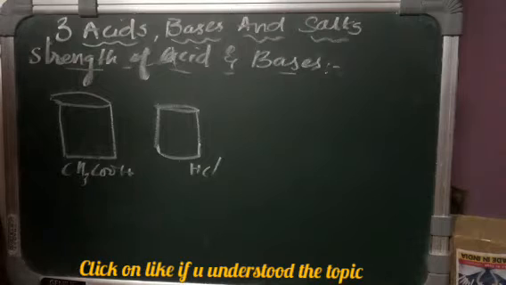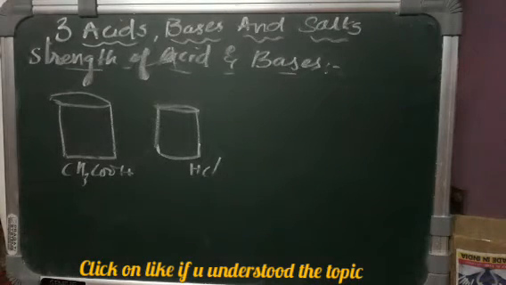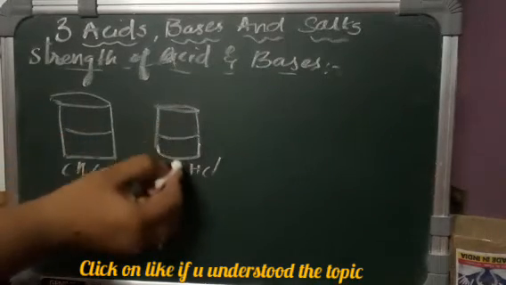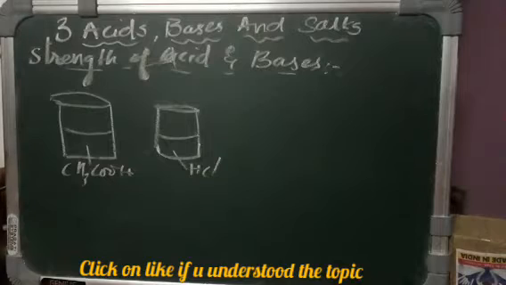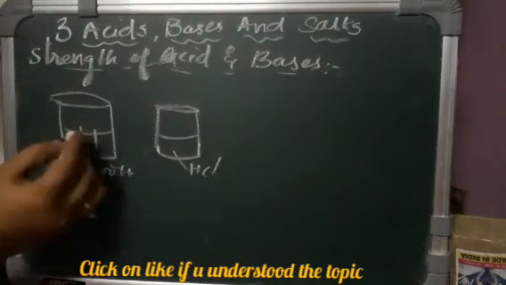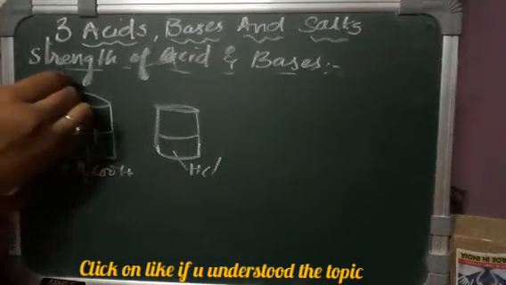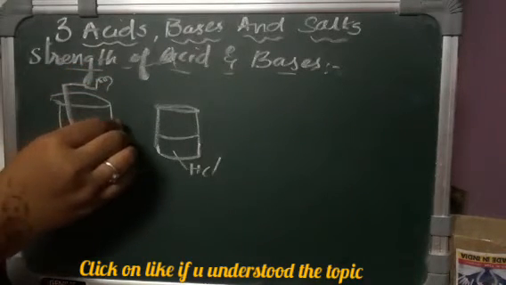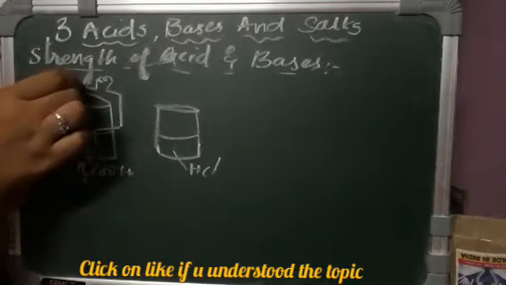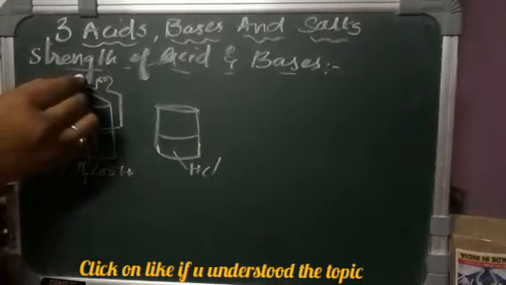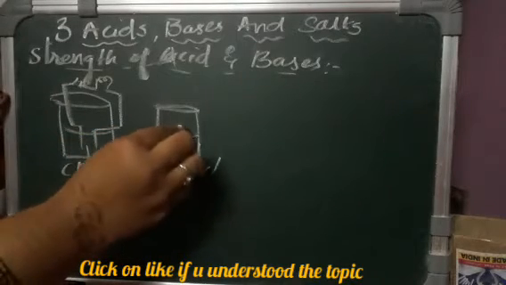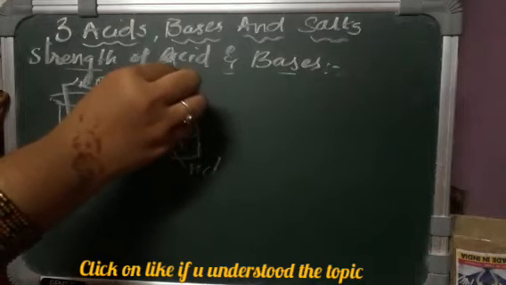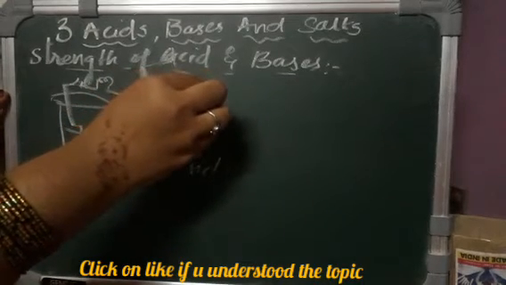Then we are going to arrange the apparatus like what we arranged in our previous activity. We place HCl in one beaker and acetic acid in the other. Then we arrange graphite rods and connect them with a bulb. Here we have a switch, right? Similarly, a plug. Here also we do the same thing: we connect two graphite rods, connect them with a plug, and connect this with a bulb.